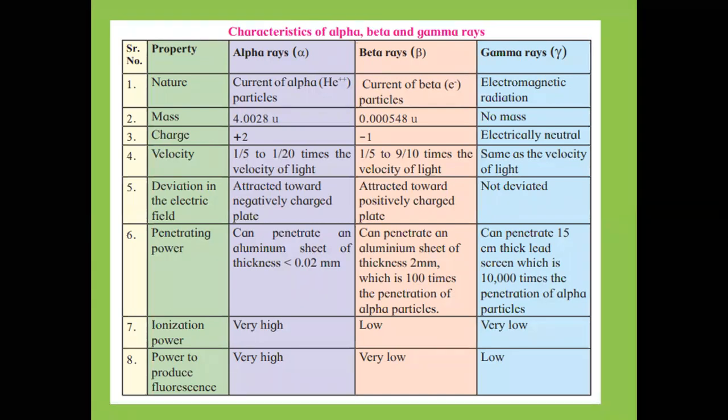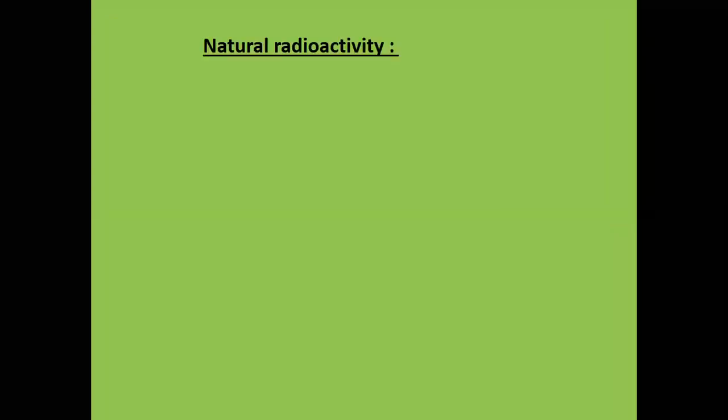Now, we were talking about radioactivity and we understood that these radioactive elements give out these 3 types of radiations. Now, this radioactivity can be of 2 types. That U stands for Dalton, the unit in which we measure the mass. Okay, Sakshi, got it? The U stands for Daltons, which is the unit to measure atomic mass.